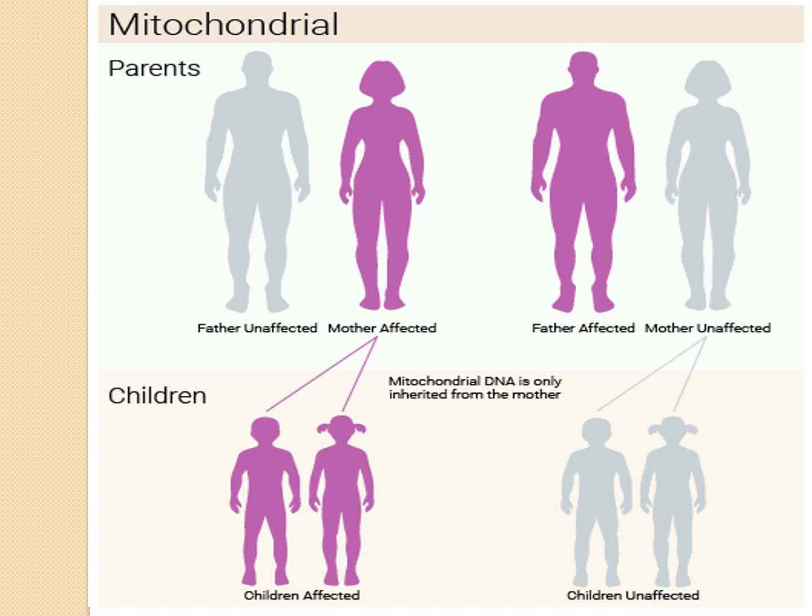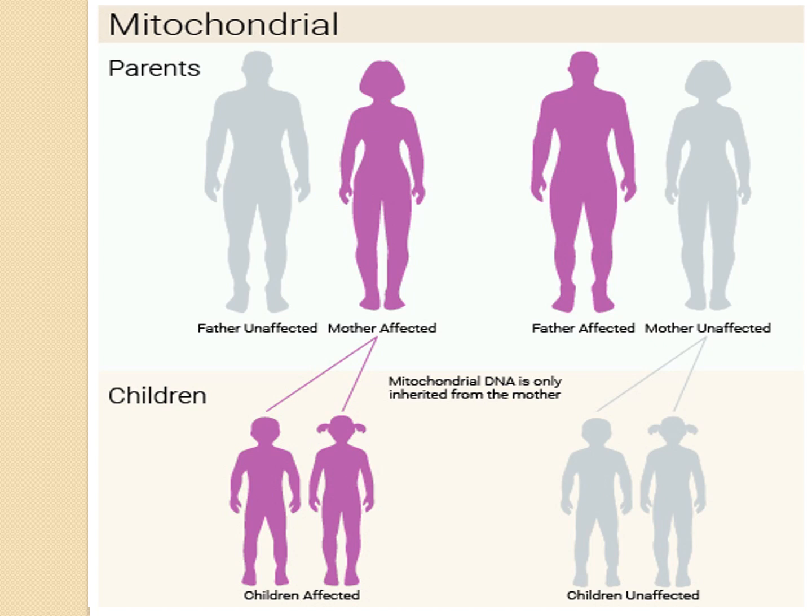Okay, which means that the egg comes from the female. So only if the female has mitochondrial disorders, will the child have it. Okay, that is what this picture is telling. Just look at the left hand side. Now here what is happening? The father is not affected, the mother is affected, so the children will be affected because the egg comes from the mother and the egg has mitochondria in it. So if the mitochondria is defective, then the children will also have it. Okay, now if you see at the right hand side, the father is affected, but the children have nothing to do with it because the sperm that the father is giving does not have mitochondria in it.